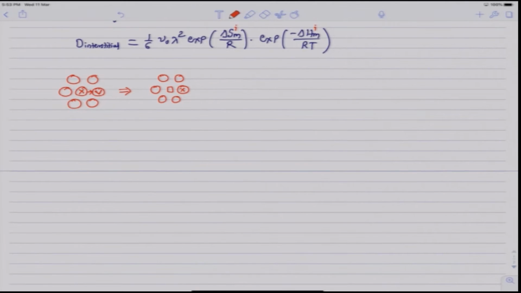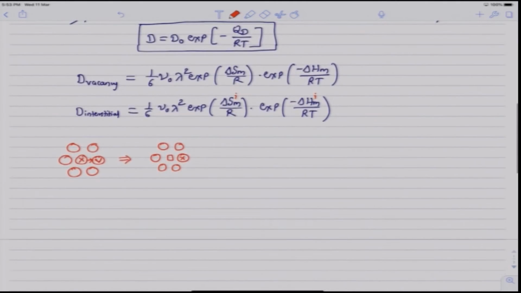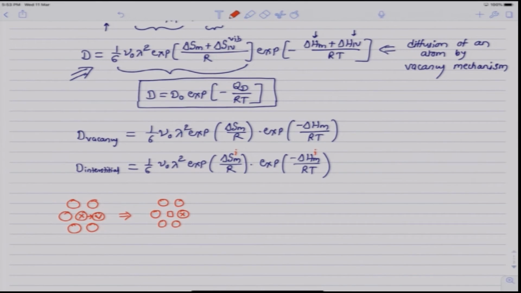The extreme case would be, after the first jump, the x will immediately jump back onto the same vacancy. So, it will be a reverse jump, and this reverse jump will nullify the contribution to the diffusion from the previous jump. And so, we need to apply certain factor to this expression for D, which will take into account this correlation effect, and it is done by applying a factor f in the expression for D. So, f is called the correlation factor,